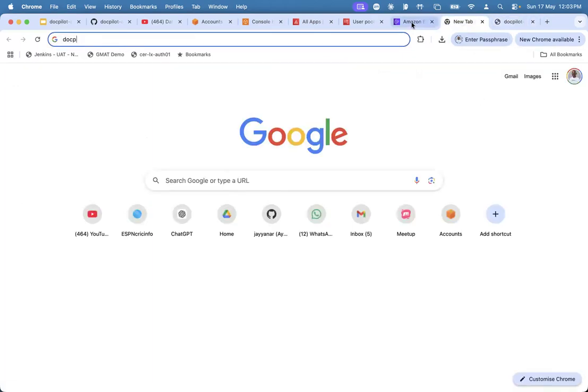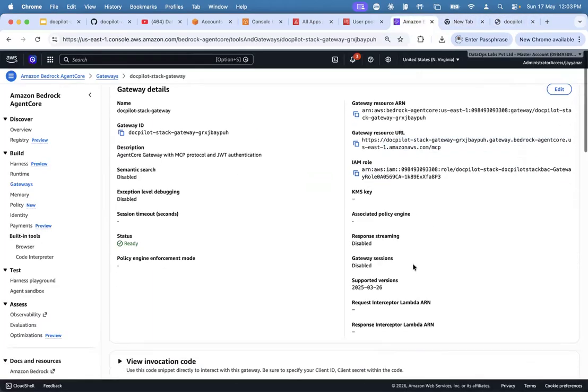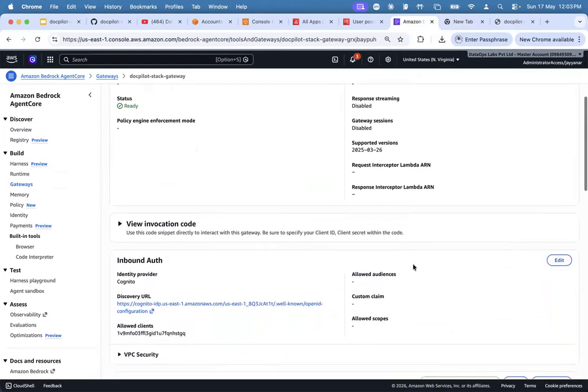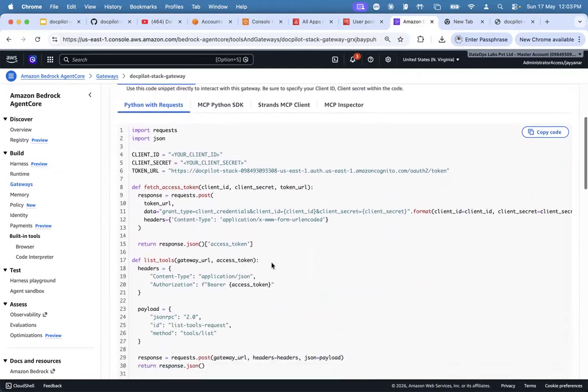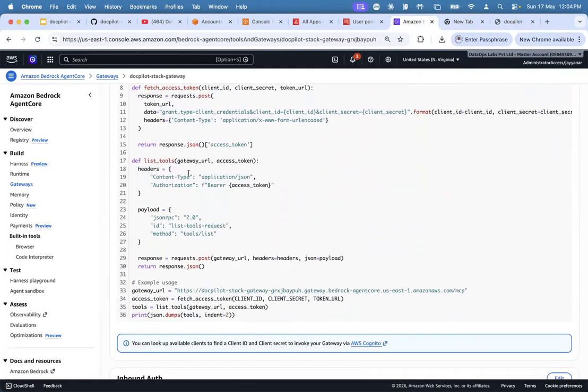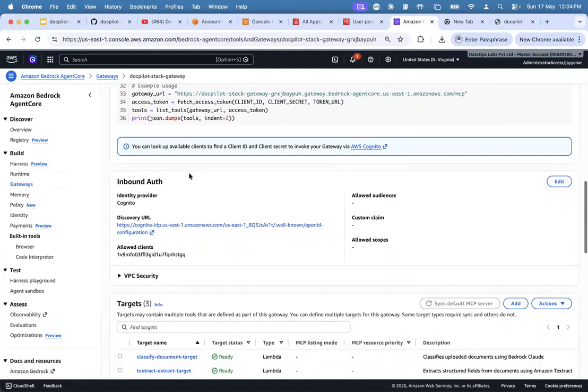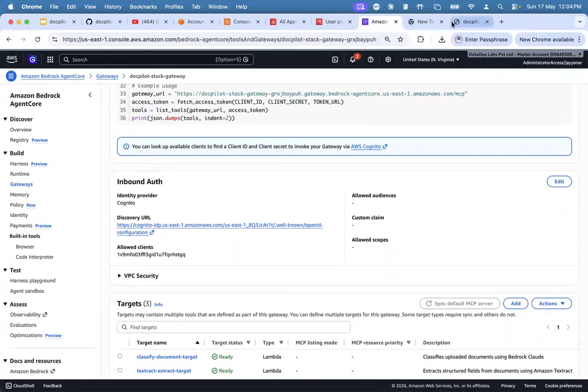Now we need to have the security configuration. So list tools are there. And this is the authentication, Cognito. I can use this also. I'll open the Cognito from there.